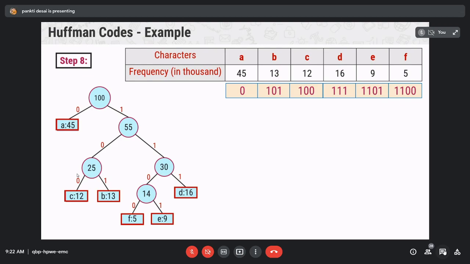So in this way, the Huffman code is used for encoding and decoding. And this encoded data is used in data compression techniques. So whenever you want to perform data compression and you require the encoded data, you can use the Huffman code technique.